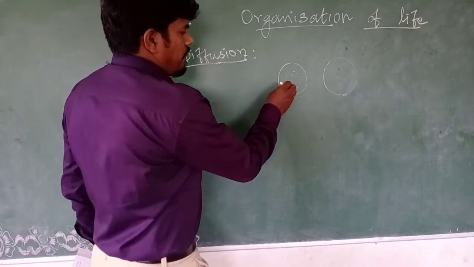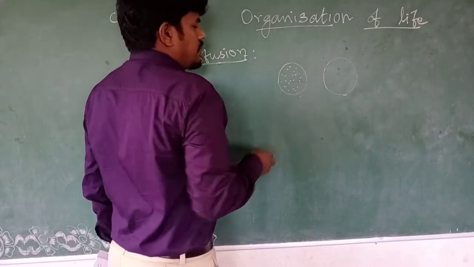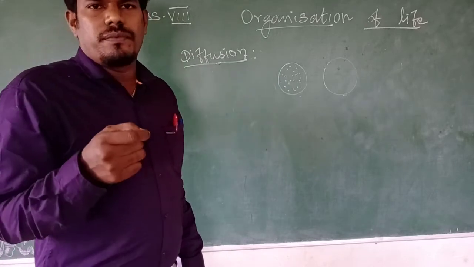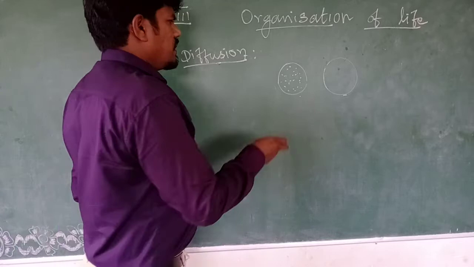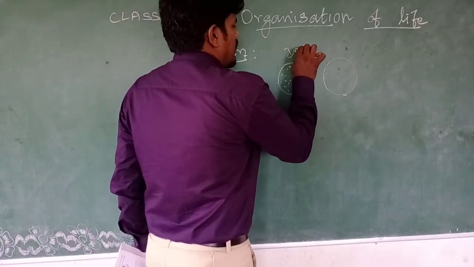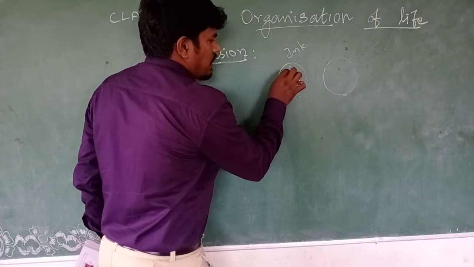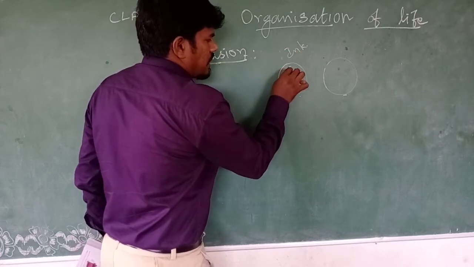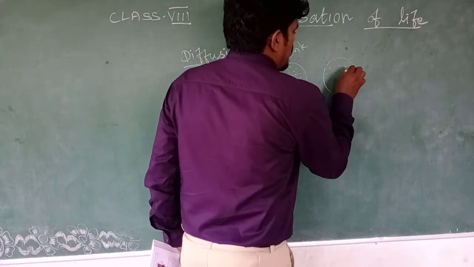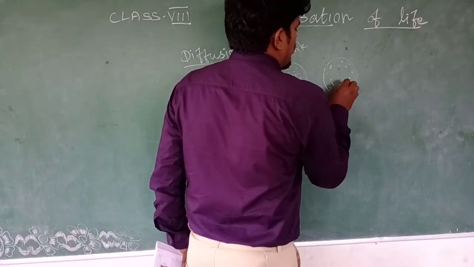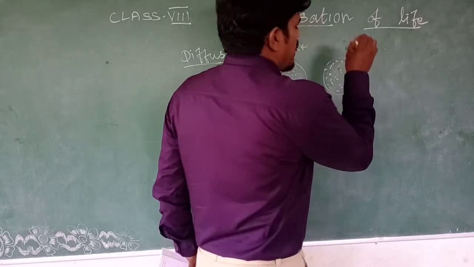Before that, they have water molecules. After that, you add some amount of ink, three or four drops. That's enough. When you drop the ink, before that there is only a drop here, settling here only. After that, you just see that the entire water will change to that color. This process, this movement, is called diffusion.